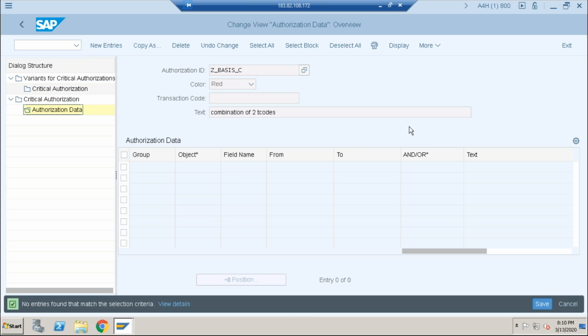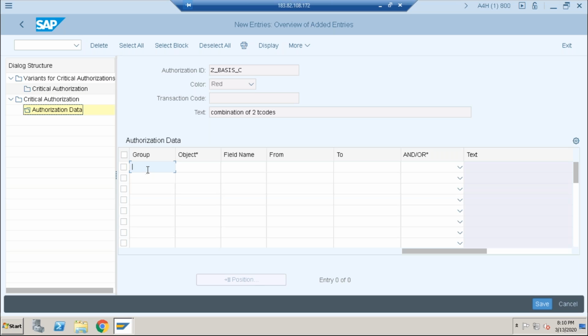Click on new entries. Enter the authorization objects that will be in conflict. Enter the authorization object S underscore USER underscore GRP. No, that is the group name. Give the object name. Group name is not required.